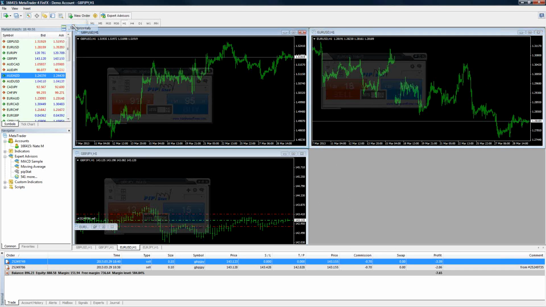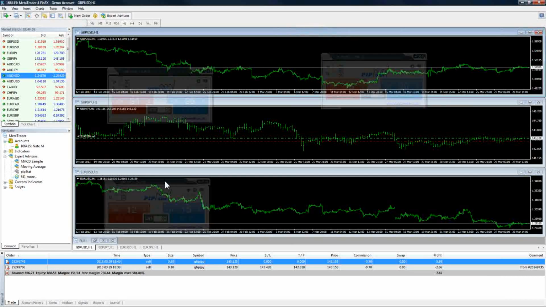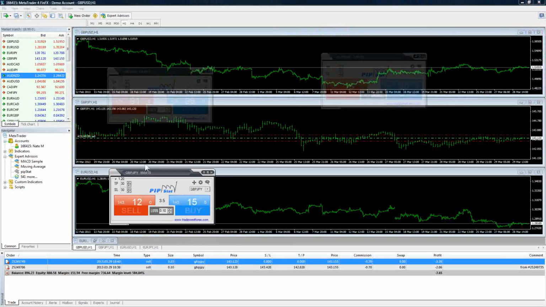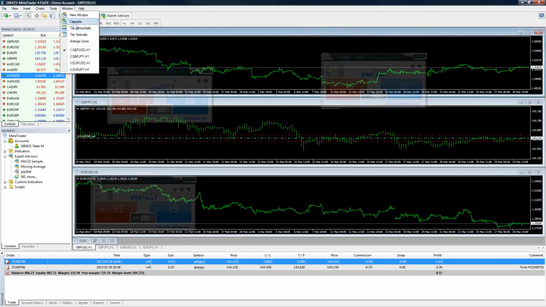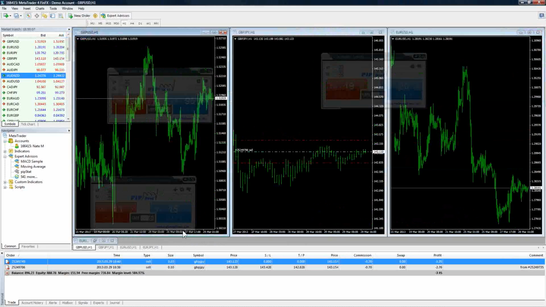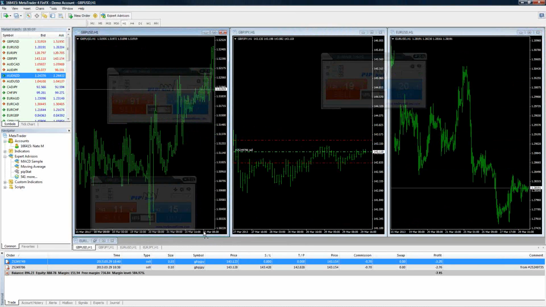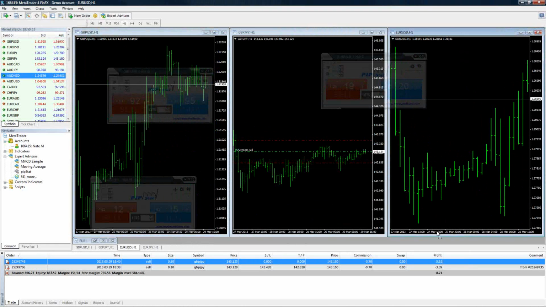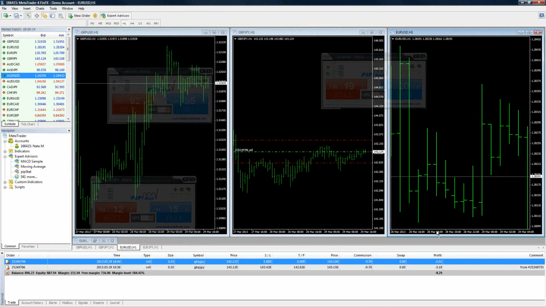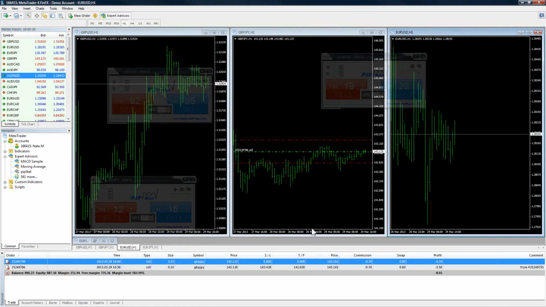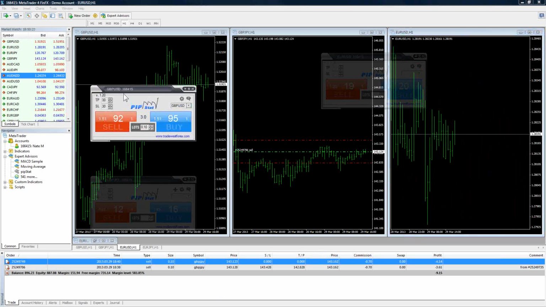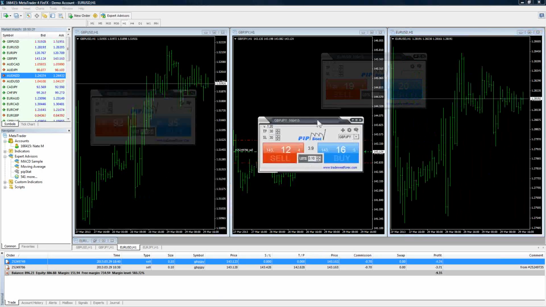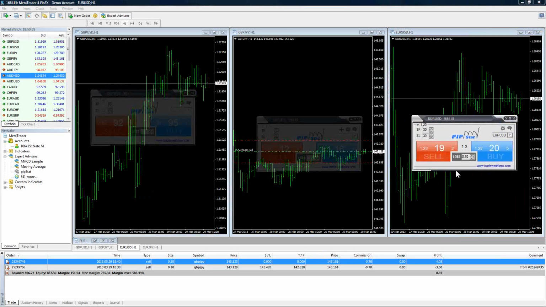Of course, you can change the orientation and how you've got things set up. You might have to move these guys around a little bit. I'm going to go to vertical because I think it's a little bit easier to see. And we talked before about how you can bring things closer into view by left-clicking on any given chart and then dragging it across the time parameter on the bottom there. You can see the date. Okay, so we've got pound dollar, which is right there. We've got pound yen. We'll put that guy there. And then euro US.